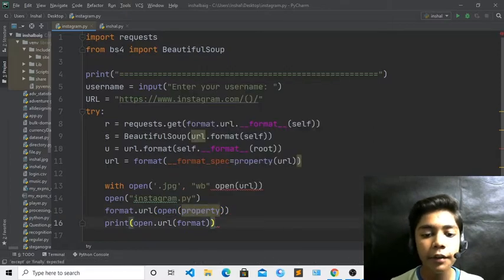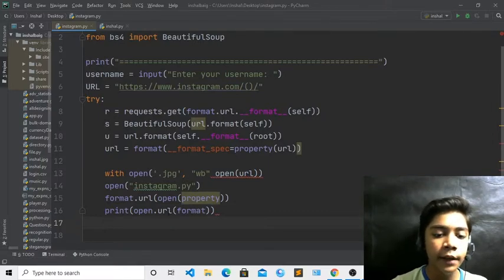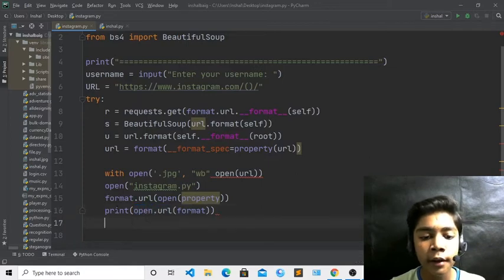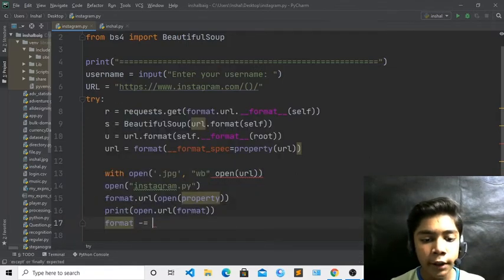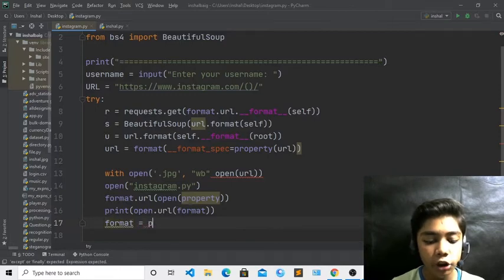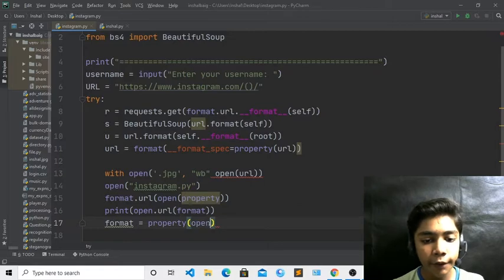Till here we have done our work, and now I will press enter. I have printed my open url, and now I will define my format, which will be equal to property, and in this property I will define my open tag with url.